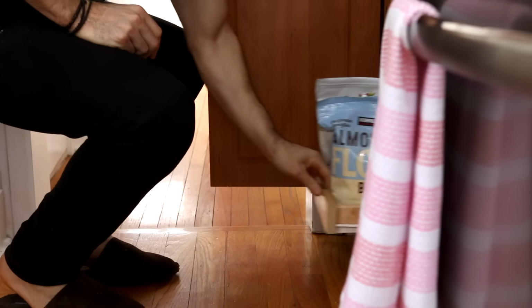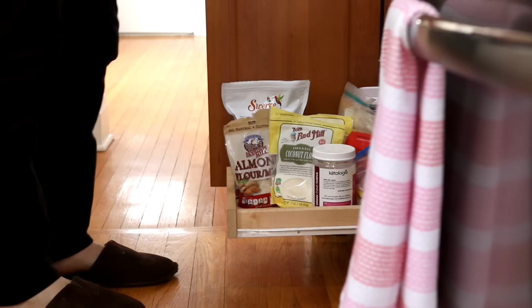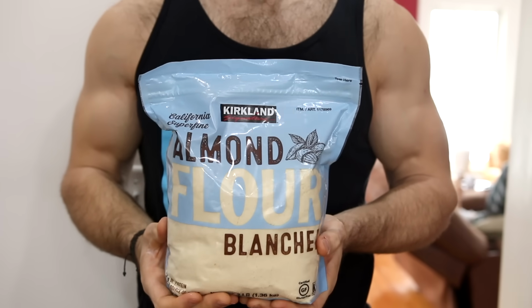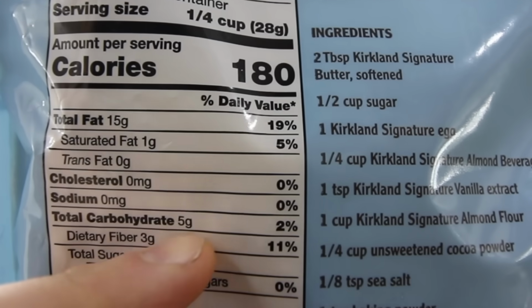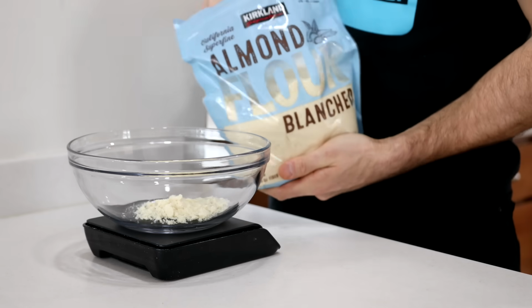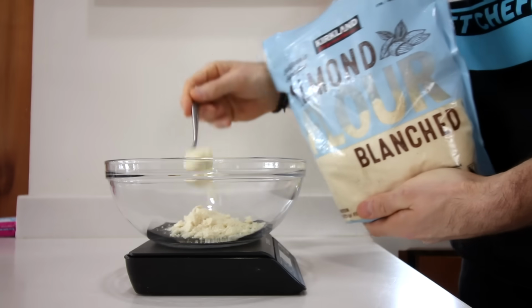And the base of our keto bread recipe today is blanched almond flour. I've recently switched to using Kirkland's blanched almond flour because it has the lowest net carbs I've ever seen for almond flour. For 30 grams, it only has 2 net carbs, which is way less than the Bob's Red Mill. And also this Kirkland's almond flour is much cheaper than the Bob's Red Mill as well. Anyways, for today's keto bread recipe, you want to add 4 tablespoons or 56 grams of that blanched almond flour